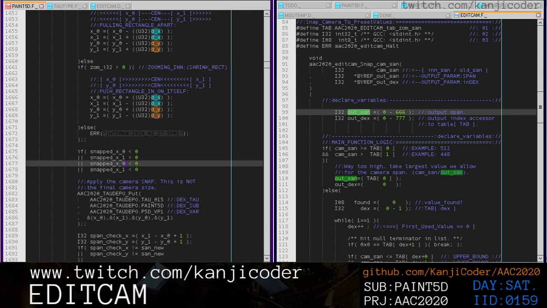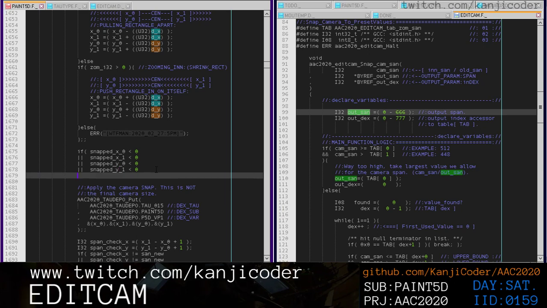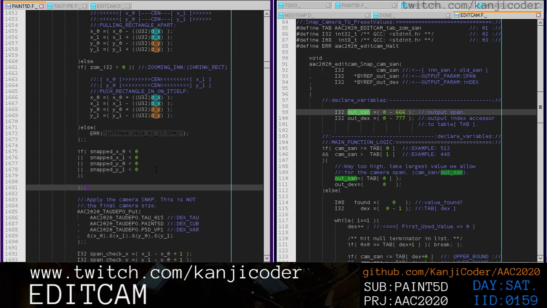So none of these values should ever go negative. We don't have to really check all of it, but error